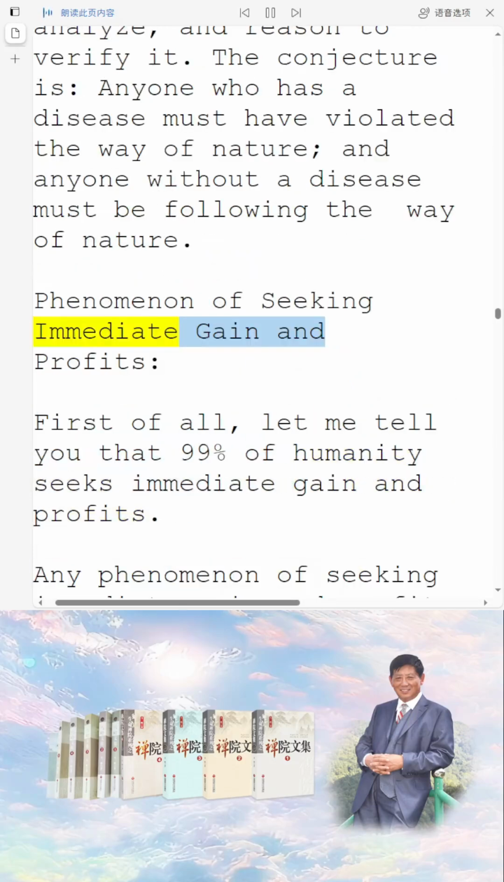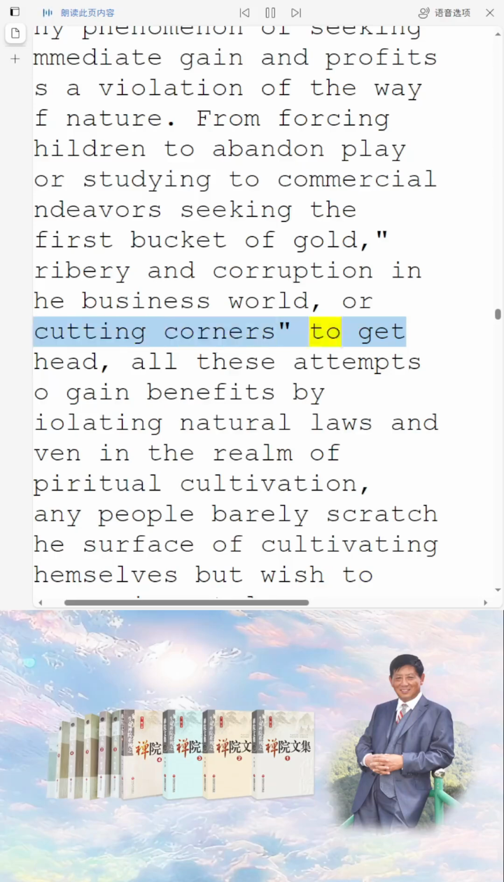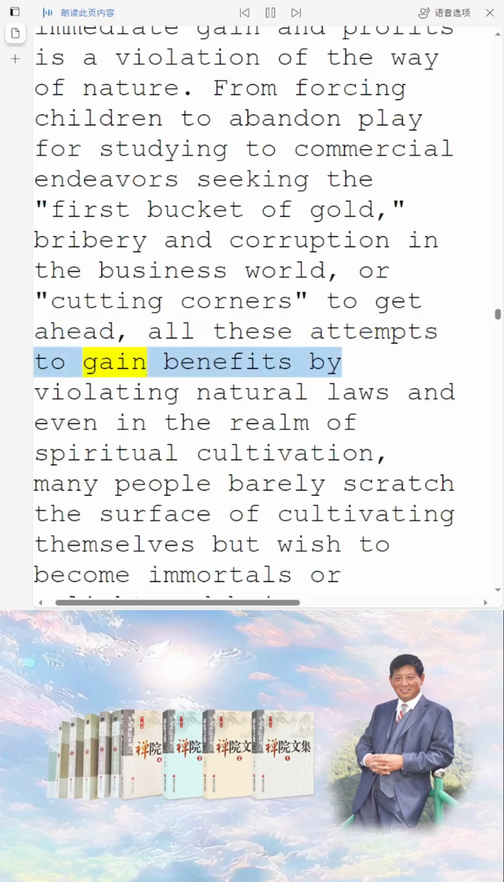Phenomenon of seeking immediate gain and profits. First of all, let me tell you that 99% of humanity seeks immediate gain and profits. Any phenomenon of seeking immediate gain and profits is a violation of the way of nature. From forcing children to abandon play for studying to commercial endeavors seeking the first bucket of gold, bribery and corruption in the business world, or cutting corners to get ahead. All these attempts to gain benefits by violating natural laws, and even in the realm of spiritual cultivation,